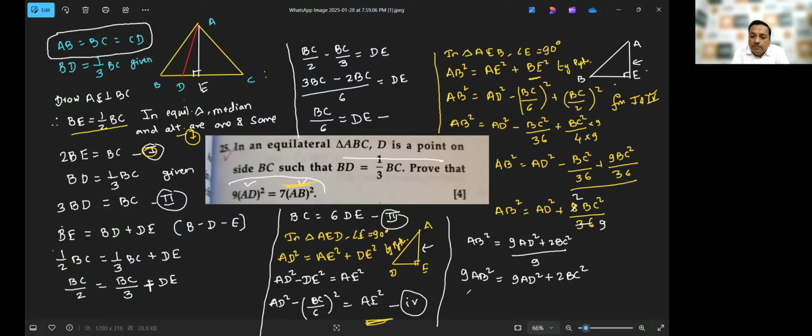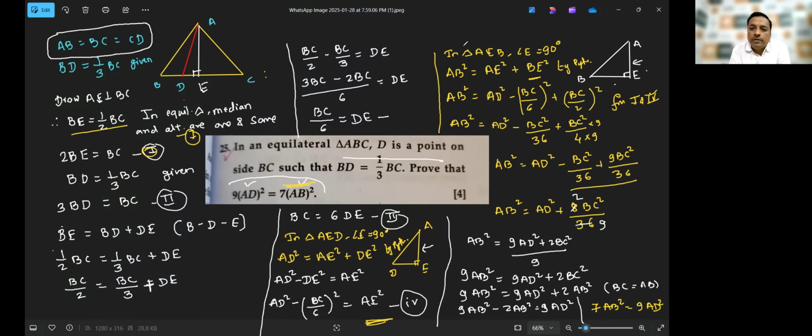AB and BC are equal, so we can write 9AB square is equal to 9AD square. In the place of BC we can write AB also, just write BC is equal to AB. नाउ ये 2AB स्क्वायर यहाँ पे प्लस है, दूसरे साइड जाएगा, 9AB स्क्वायर माइनस 2AB स्क्वायर इज इक्वल टू 9AD स्क्वायर। ठीक, एंड देन 9 में से 2 गया, बचा 7, सो वी कैन राइट 7AB स्क्वायर इज इक्वल टू 9AD स्क्वायर। प्रूव हो चुका है, प्रूव। ओके, गॉट इट।